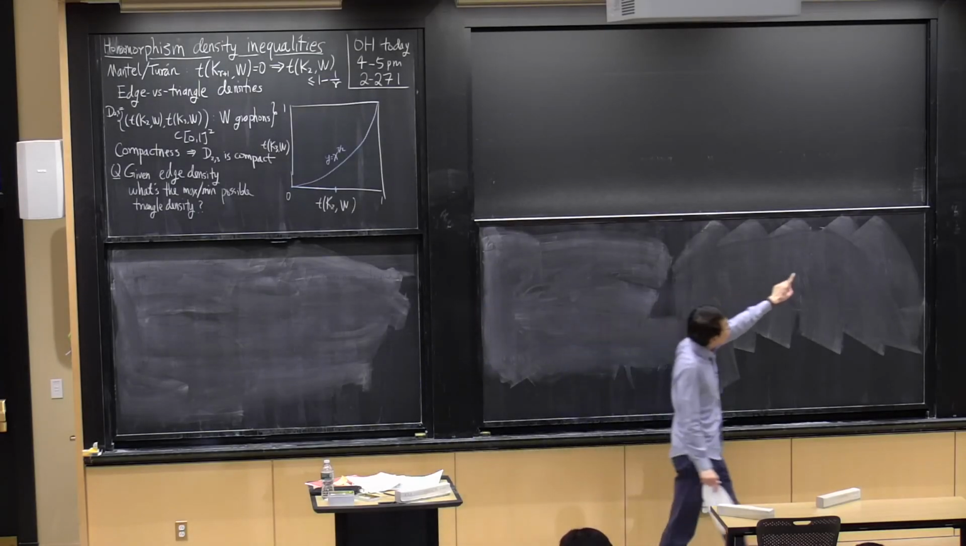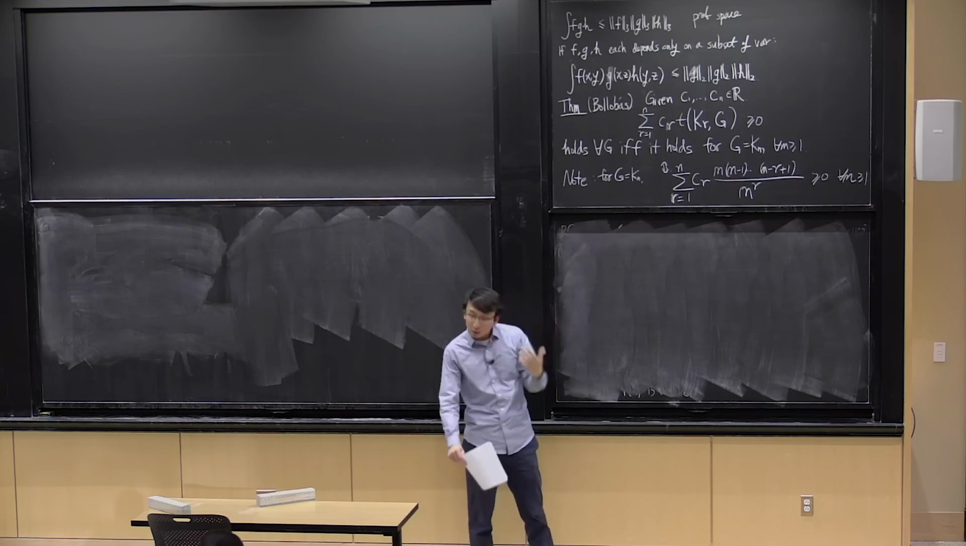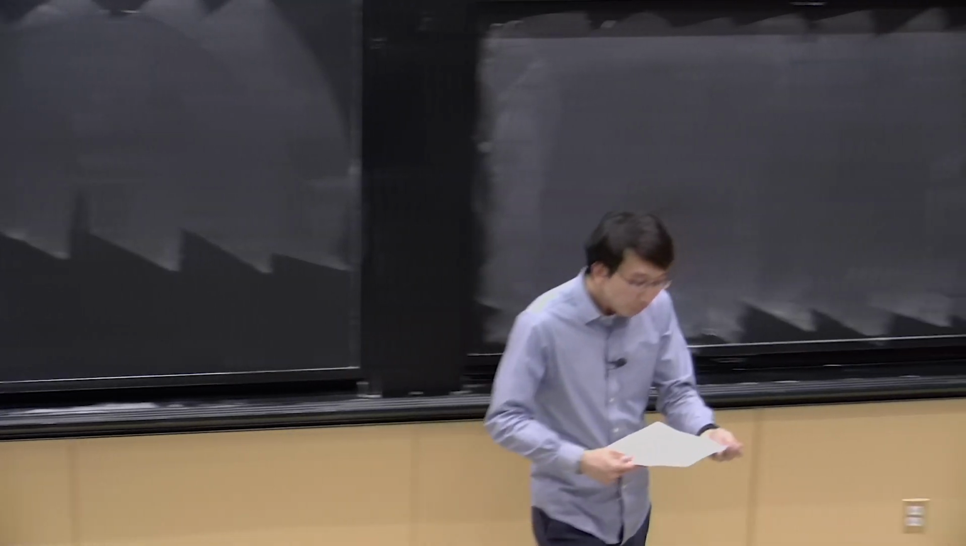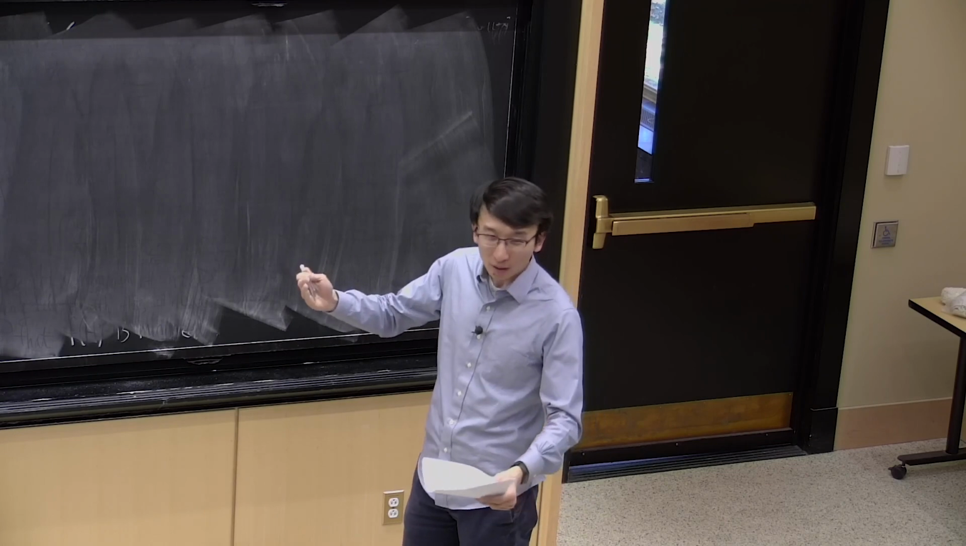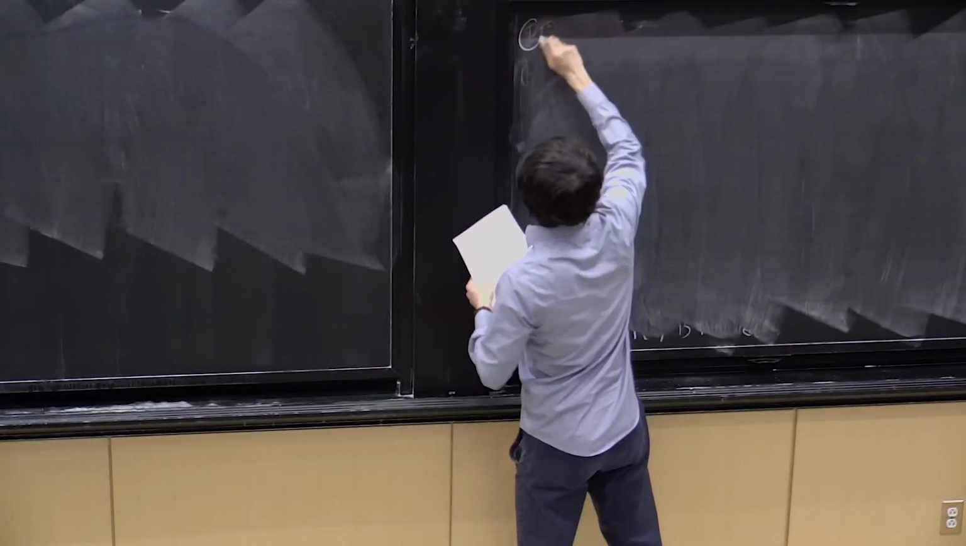All right, so let's continue to deduce some consequences of this theorem up there that tells us that it is pretty easy to decide linear inequalities between clique densities. Namely, to decide it, just check the inequalities on cliques. Right. So as a corollary,